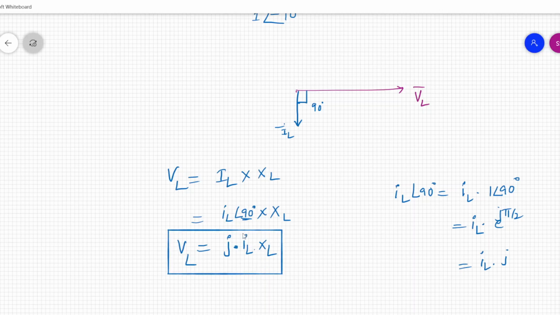These are vectors here. J will bring you 90 degrees phase displacement. Here the current is lagged by 90 degrees, that is why we are getting the j operator. The current is lagging the voltage by 90 degrees, and we are multiplying with reactance. XL is the inductive reactance. That means this inductive reactance has brought 90 degrees displacement from voltage to current. Now let us see the same for the capacitor.